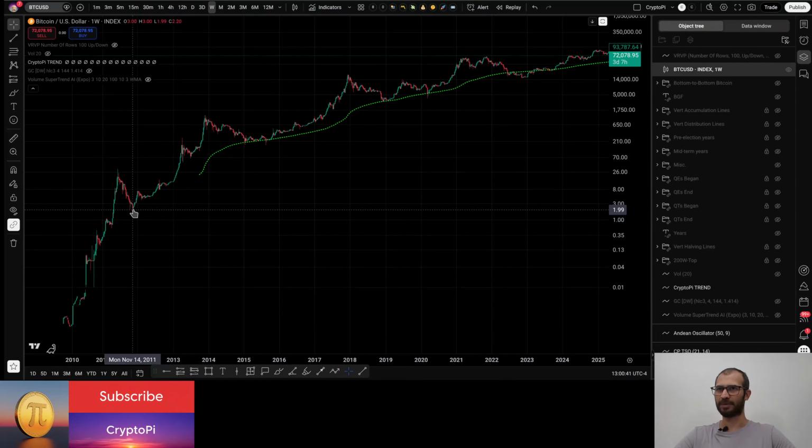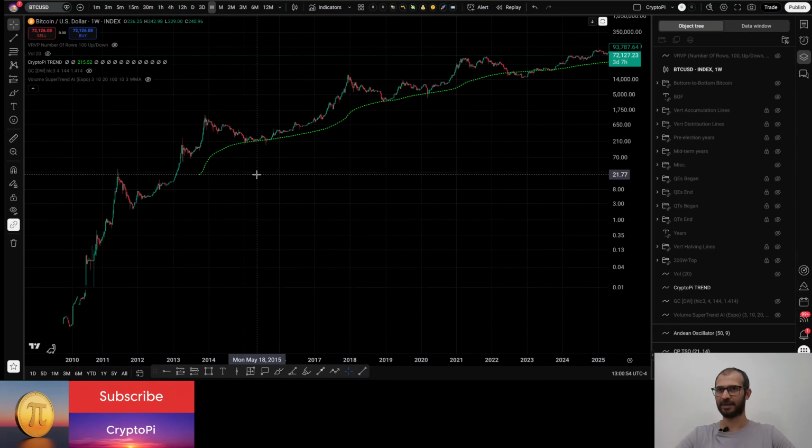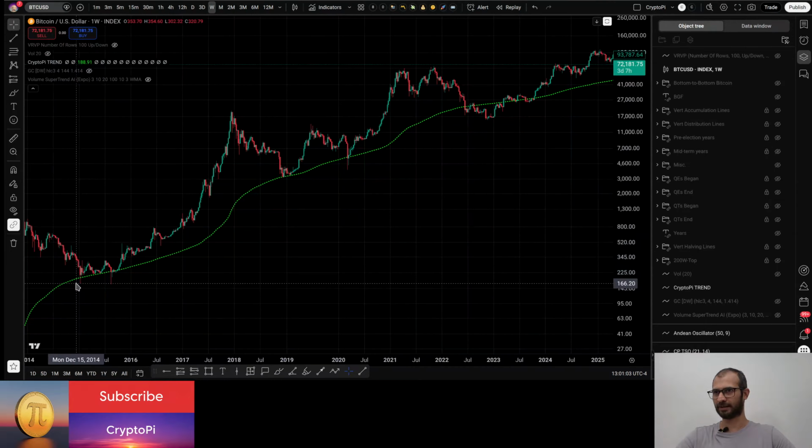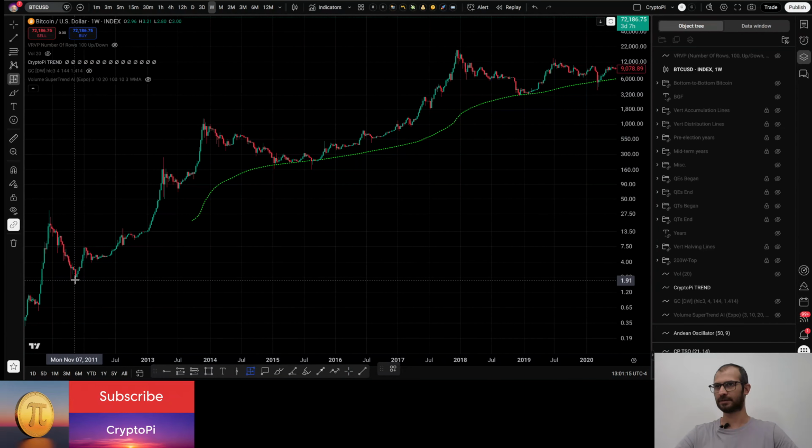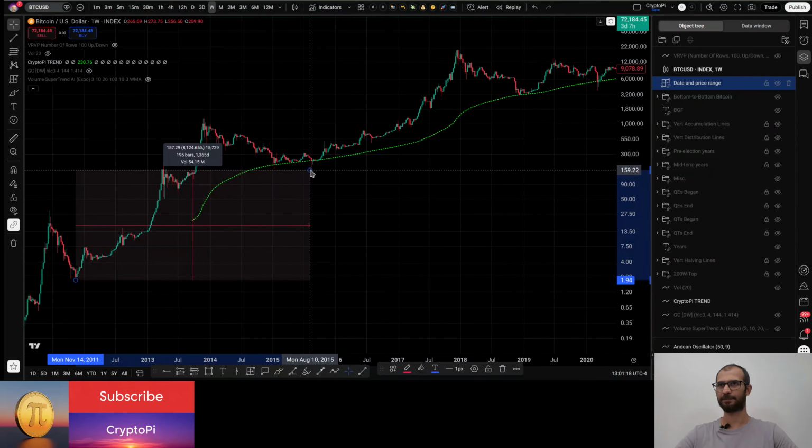Now, how much did the bottom price increase, or not bottom price, but the bottom as the data point, increase from this cycle to the next cycle? In the next cycle, the bottom was over here, if you consider the wick. If you consider close, then the bottom is on January 12th, 2015. If you consider the wick, then it is in August 2015. Now here, the bottom was approximately 8,000 something percentage. So the bottom raised itself, bottom gained around 8,000%.